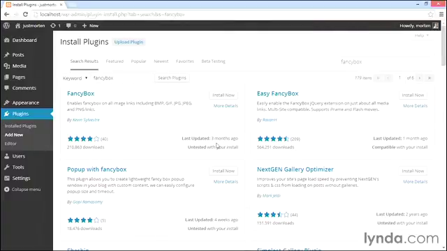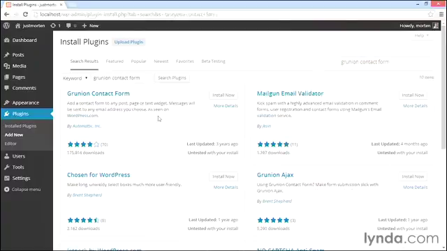Now, this is not functionality that comes with WordPress out of the box, so you need to add a plugin so that the plugin can add the form functionality to your site. And in this course, I'm going to show you a very simple contact form plugin called Grunion Contact Forms. So to find it, I'm going to type in Grunion Contact Form, make a search, and here we find Grunion Contact Form. Now you'll notice it says here last updated 3 years ago, which means this is a very old